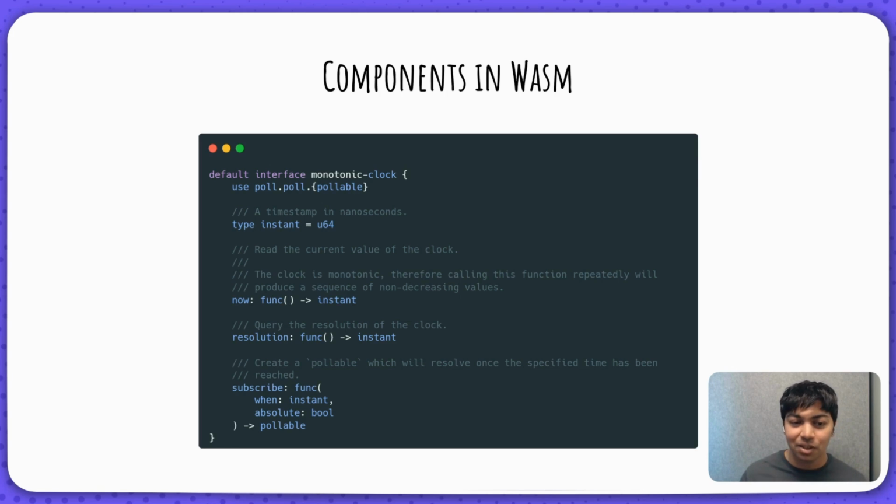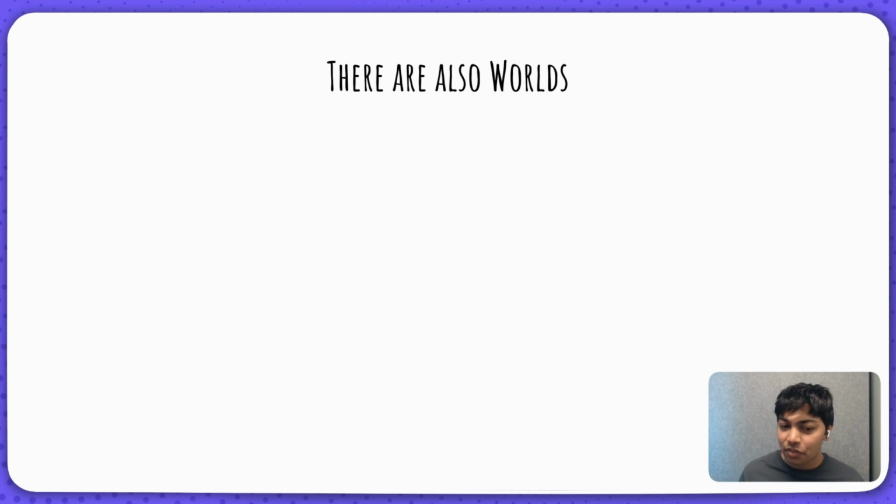So this is an example taken from the official component model GitHub repository. And what this shows is components can specify that they either export specific interfaces or require that other interfaces be exported. So here we have something saying use poll.poll.pollable. And you see that right now with the Wasm interface type definitions, we can get an idea of exactly what interfaces our Wasm module will export and what interfaces it requires to import, what the types of it are, and so on. So with that, we talked a bit about interface types, but there is also something called worlds,